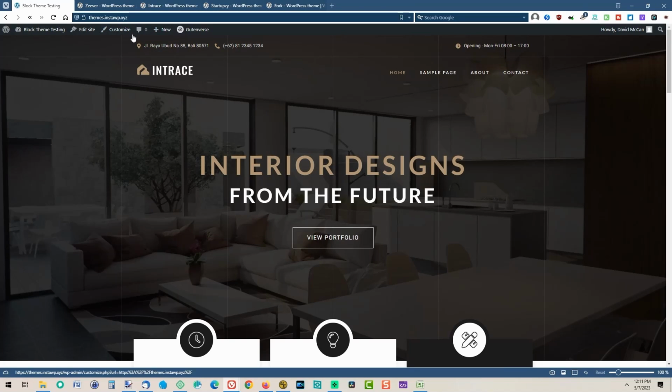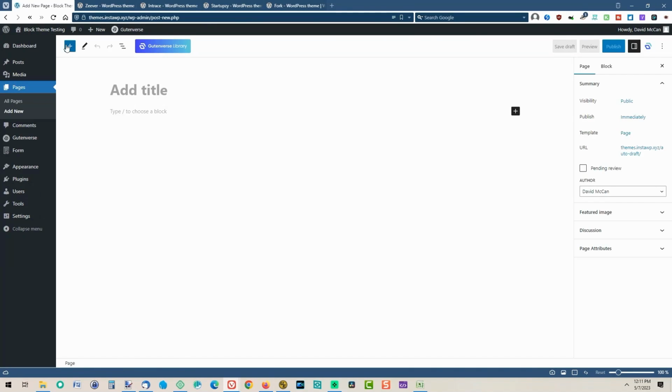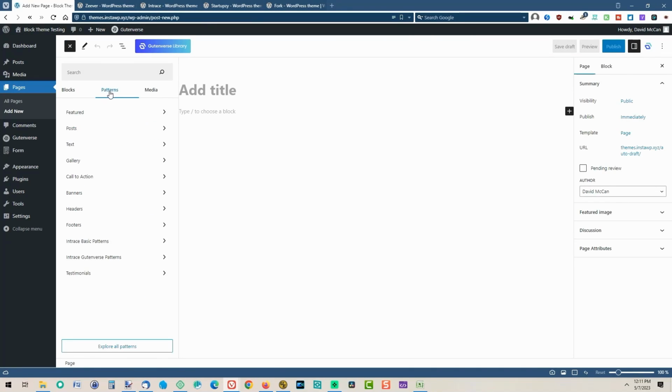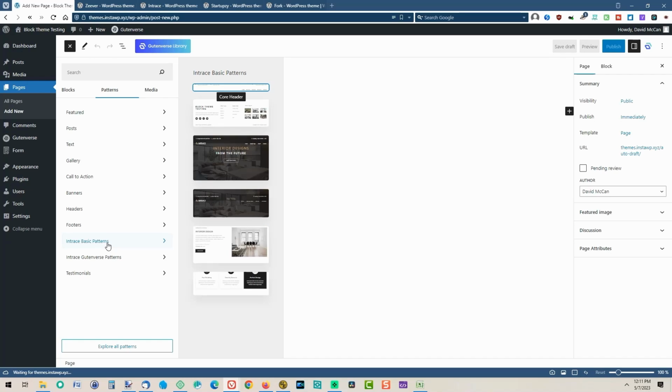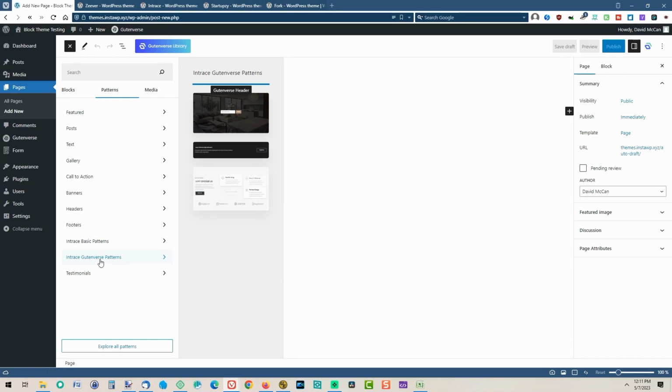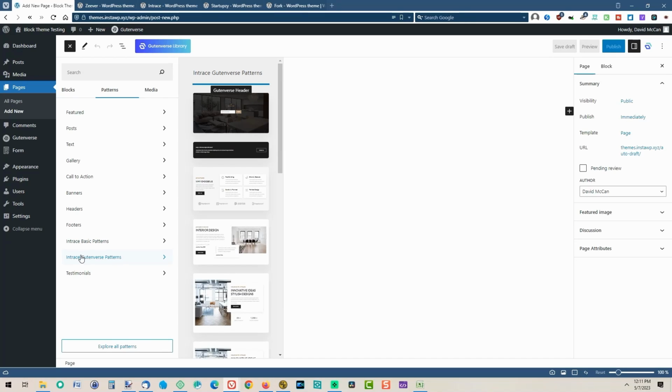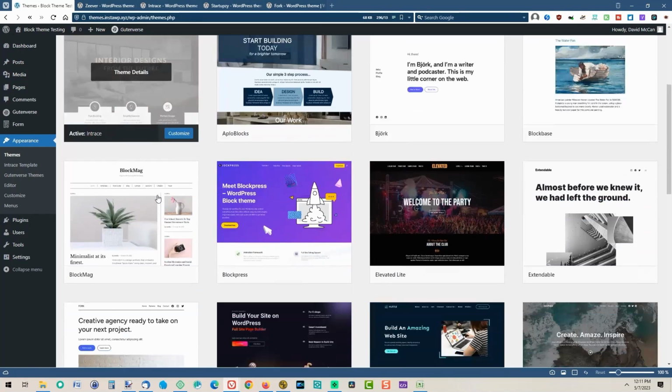And if we look at a page, by now you're going to see, right, we have the basic patterns and we have the Gutenverse patterns. I think these probably use the blocks, and that's the difference of those. That's why they're added separately. That's Intrace, and now if we go look at Startupzy,